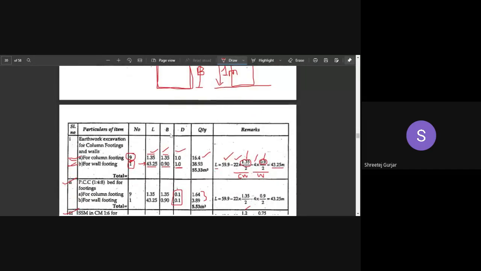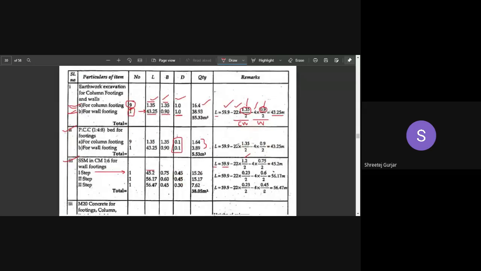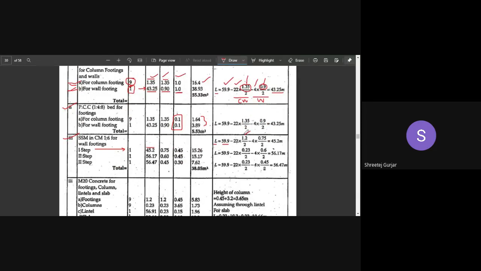You have to check for the level, and then substitute the width at that level. So this is the width 1.2 which we have substituted here, and this is the width of your step, 0.75. That is the first step, and the height I've told you is 0.45. So you can get the quantity in meter cube. Similarly for the second step,